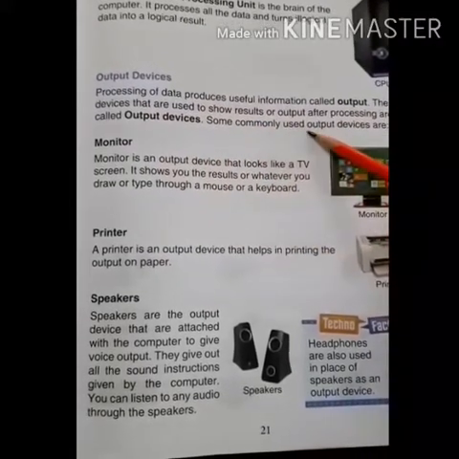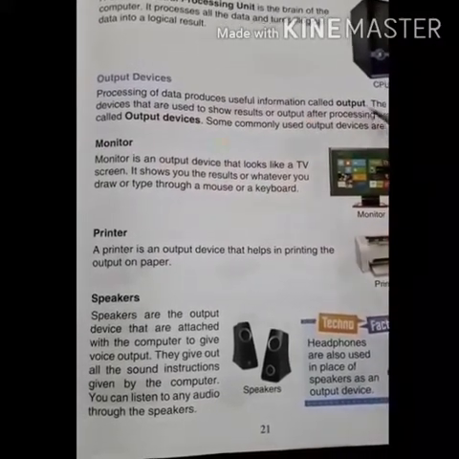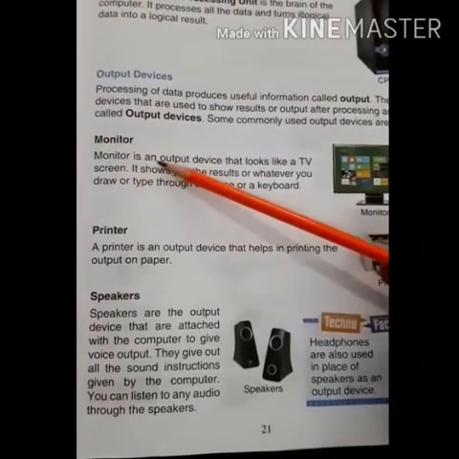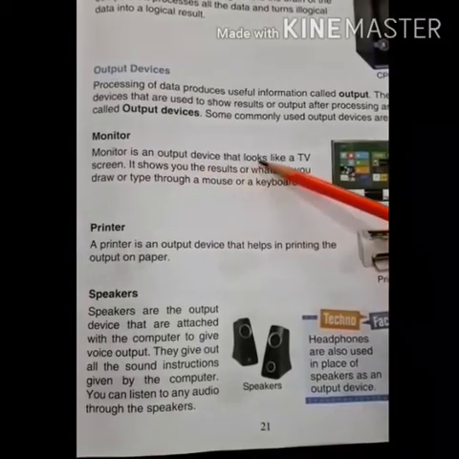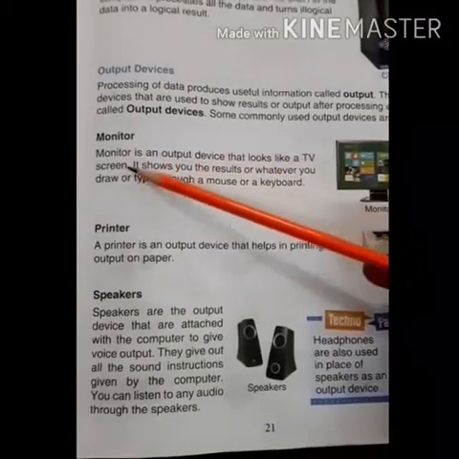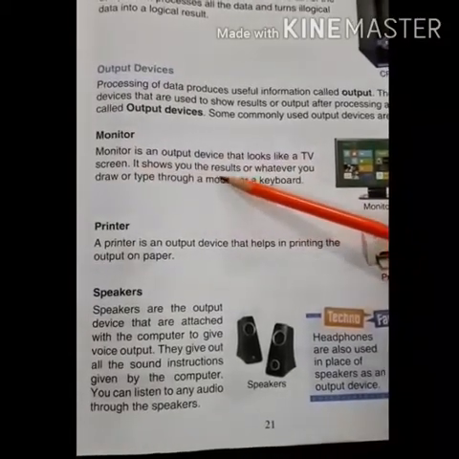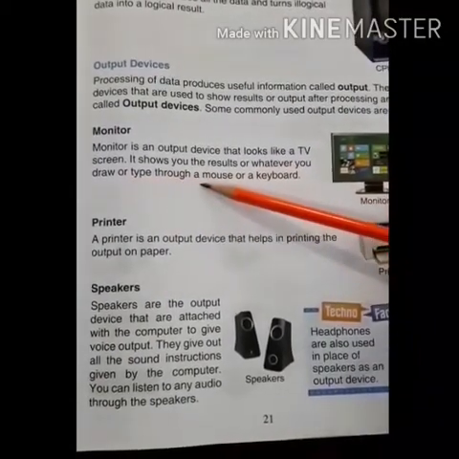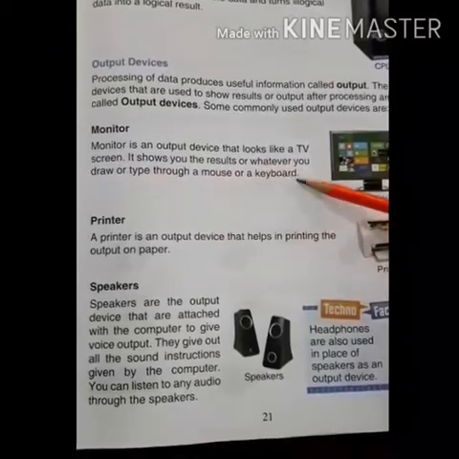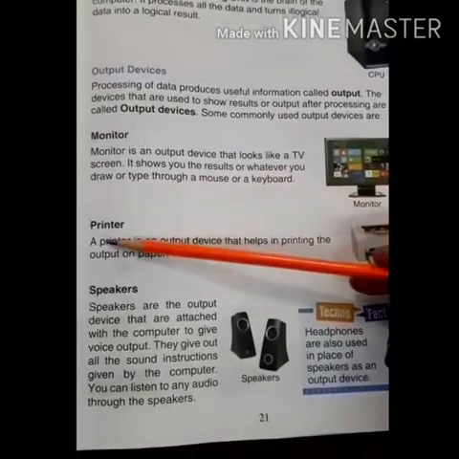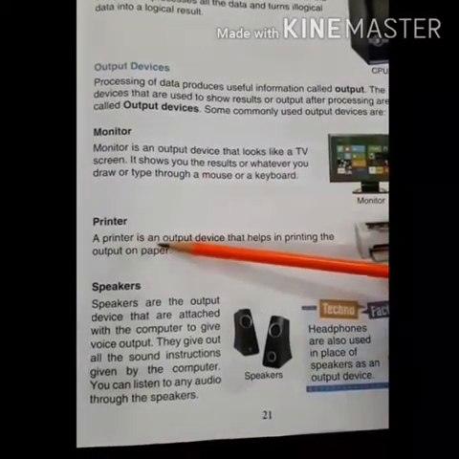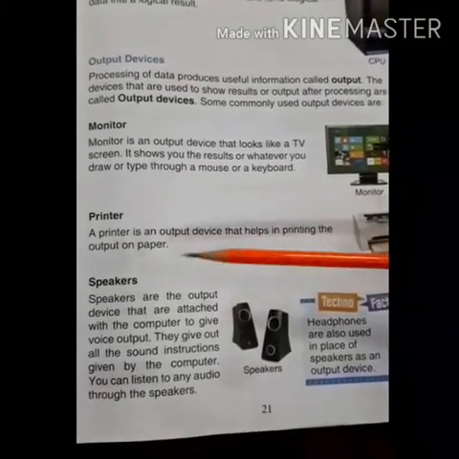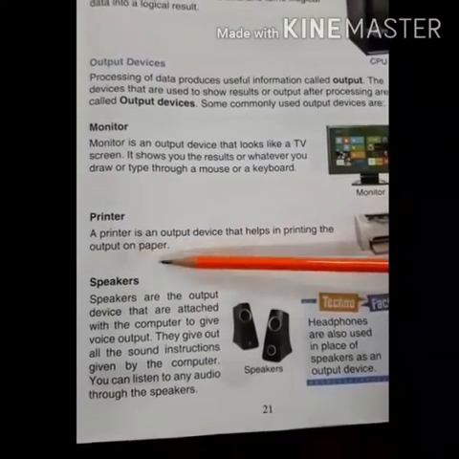Some commonly used output devices are the monitor. A monitor is an output device that looks like a TV screen. It shows you the result of whatever you draw or type through a mouse or a keyboard. Then printer. A printer is an output device that helps in printing the output on paper.